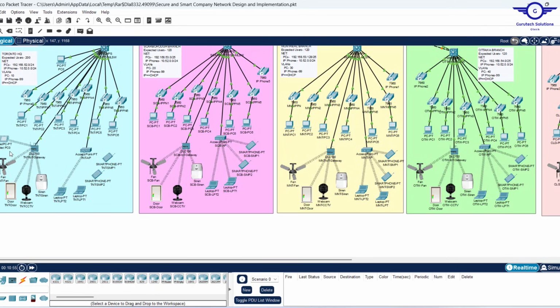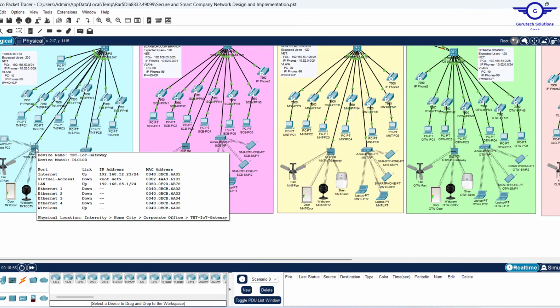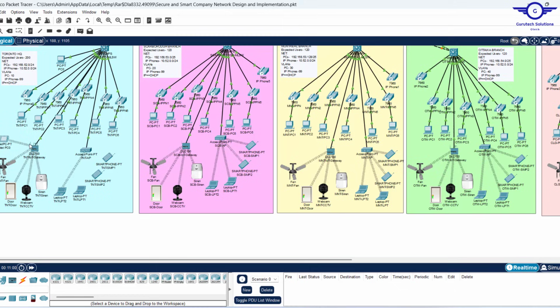All right. So this one, the IoT gateway, provides the central management of these IoT devices. But if you want to monitor them on a screen, you need to connect to the gateway. So how do we connect to the gateway? It's just through wireless. Yeah, I'll come back to that point. Another important point is that, you know,